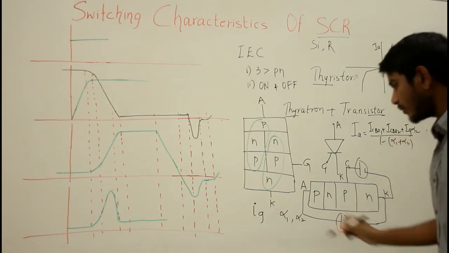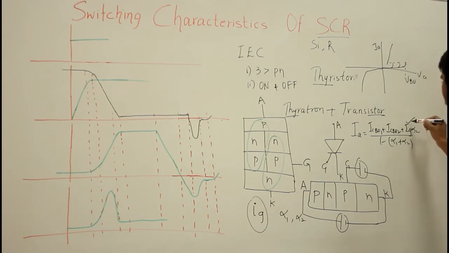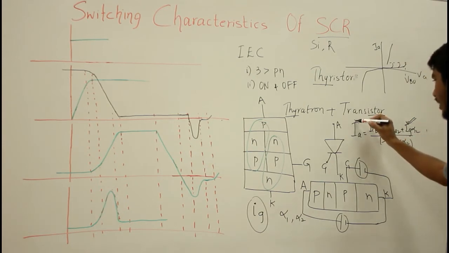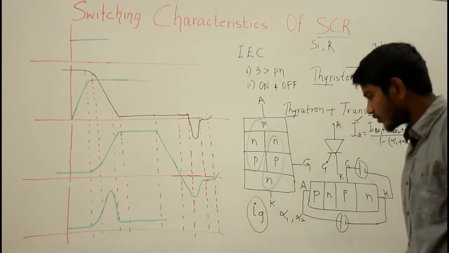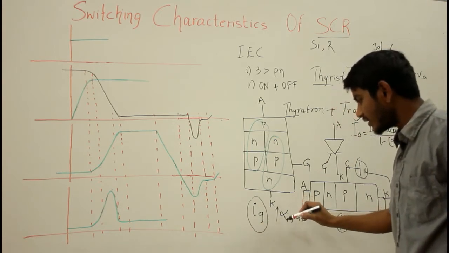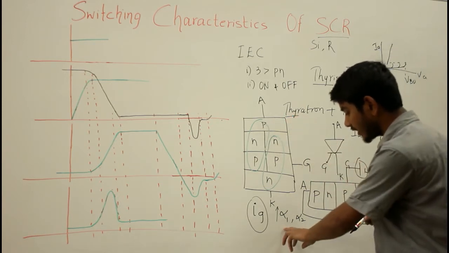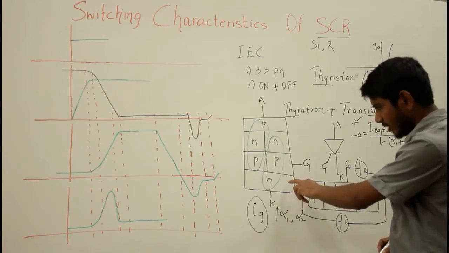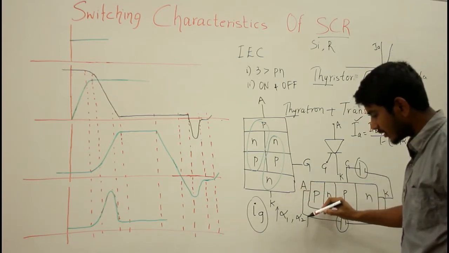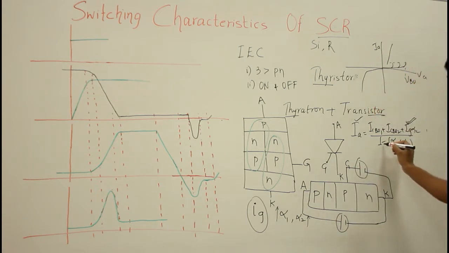Now, if I apply a small gate current here, then Ig automatically increases and my anode current increases. The other way is, due to the positive continuous feedback, my alpha 1 increases, that is the emitter current of the PNP transistor increases, and the emitter current of the NPN transistor increases, that means my alpha 2 increases, and due to the positive continuous feedback, this alpha 1 plus alpha 2 approaches a value equal